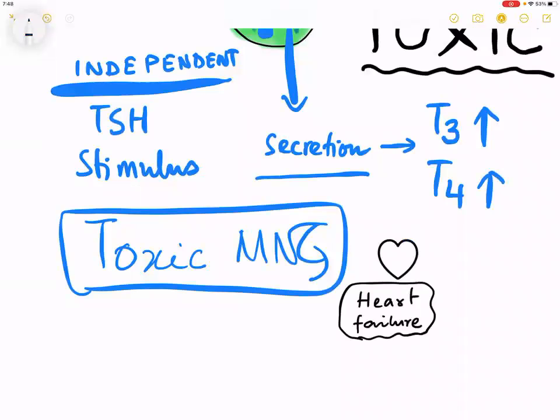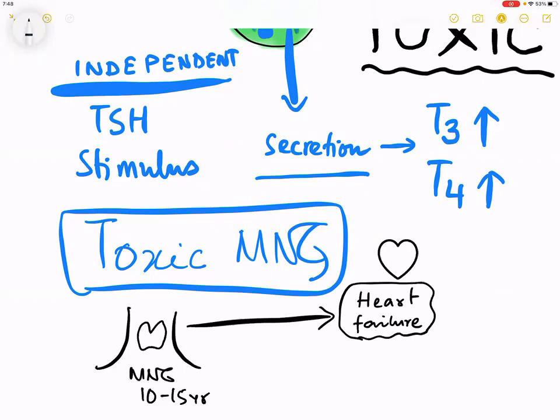This is the typical profile: the patient had this MNG for 10 to 15 years, and then one day the patient complains of an arrhythmia, atrial fibrillation, flutter, etc., and then you are a clinician who wants to search for the cause of atrial fibrillation. What is the probable cause of atrial fibrillation then? The conversion of the disease to thyrotoxicosis. What is the TSH level then? Low. Very low.